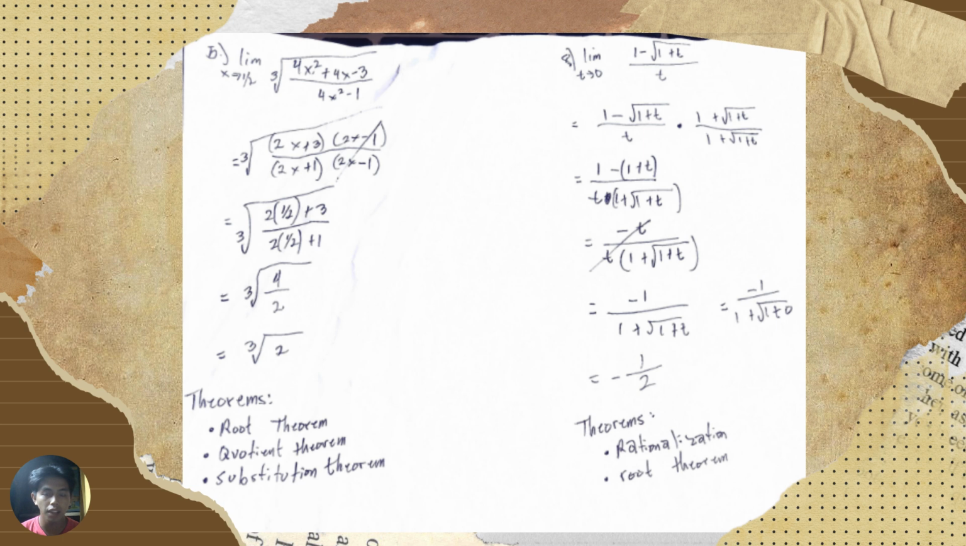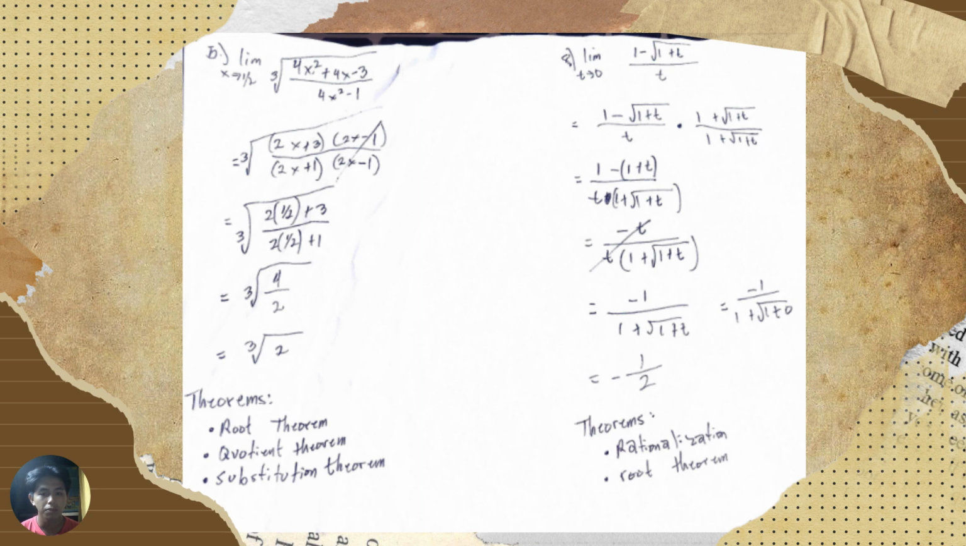And so in order to cancel out the square root in the numerator, we're going to multiply both numerator and denominator by 1 plus the square root of 1 plus t. As you can see, we're just changing the sign from negative to positive and then multiplying in order to cancel out the square root so that it becomes 1